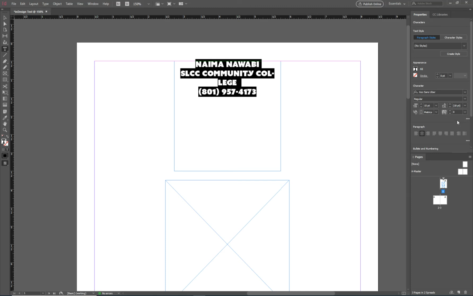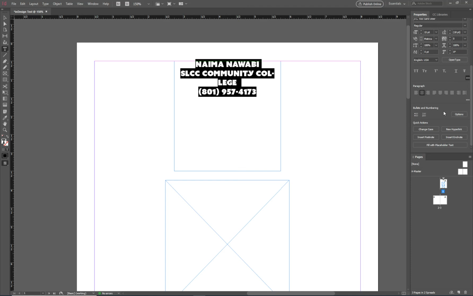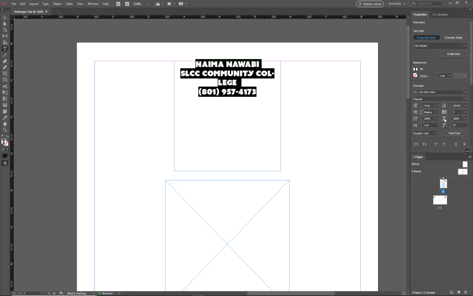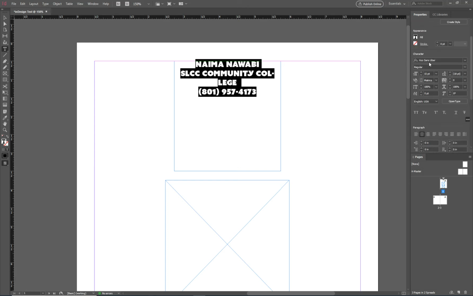Now, go ahead and take a look at my screen. Again, this is a new menu this year, but do you see these 3 little dots by character? If you click on that, more options are going to pop up, and then you have to scroll down to find the rest. And you see there's another 3 dots here. So we will refer back to these every once in a while. Okay? But for now, what I want you guys to do is to